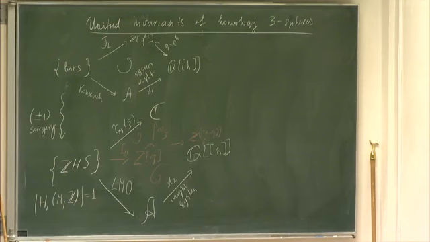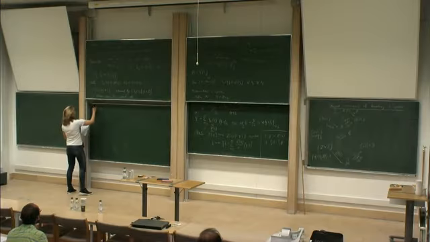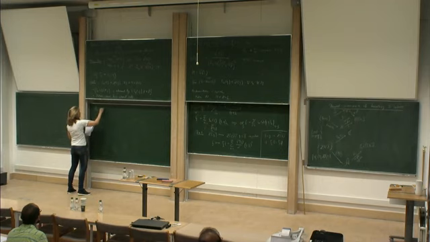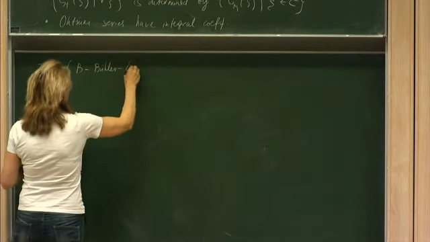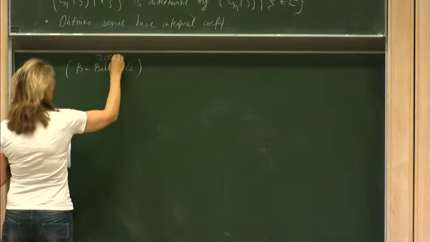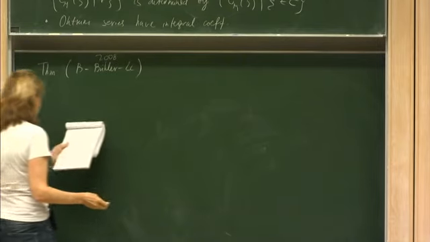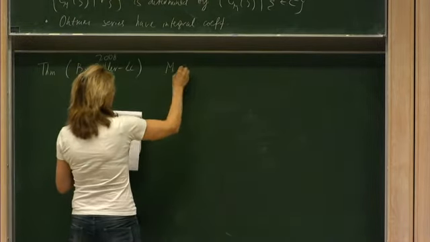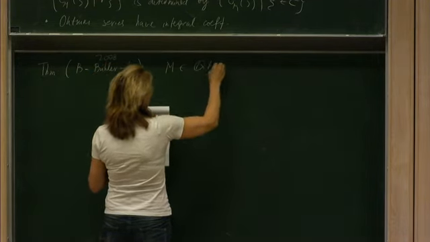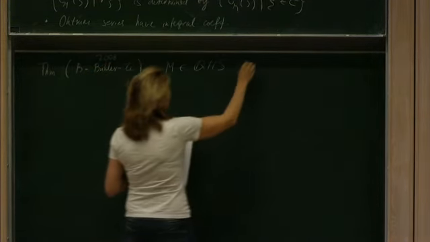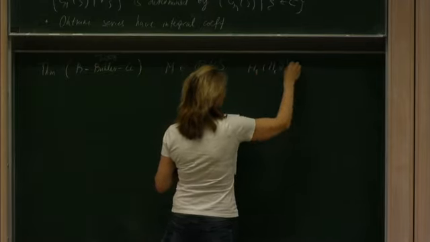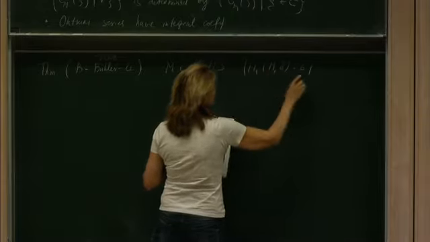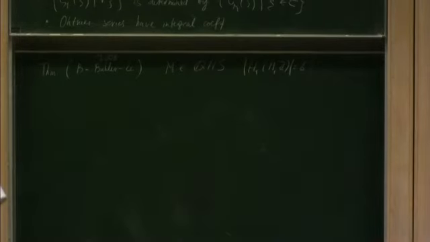So around 2008, together with my student and T. Le, we had a statement that given M in the set of rational homology spheres such that the order of the first homology group is equal to B, so this is just some positive integer,